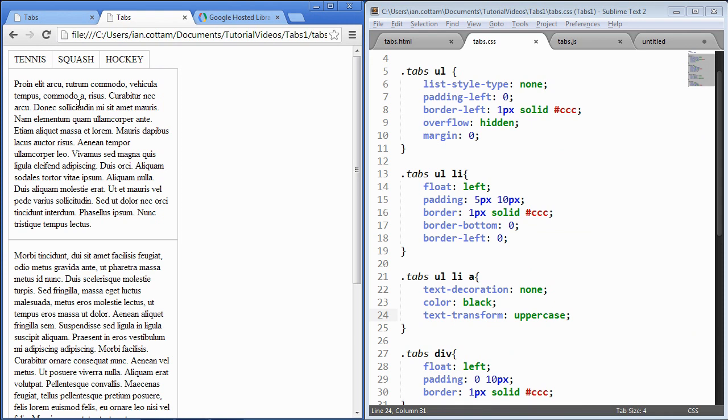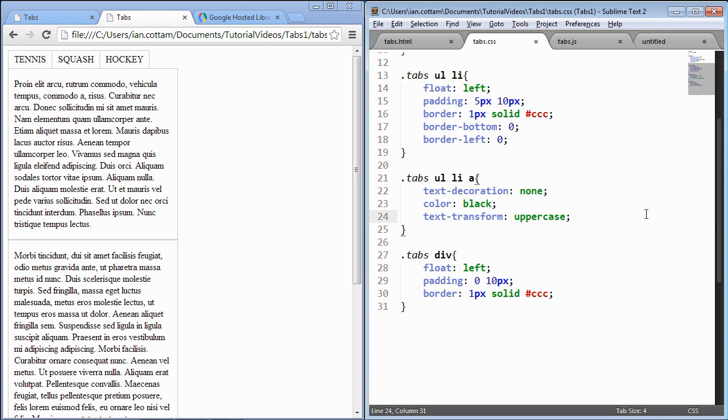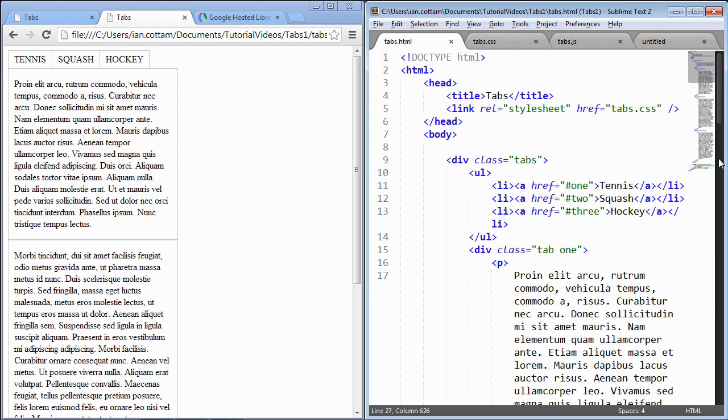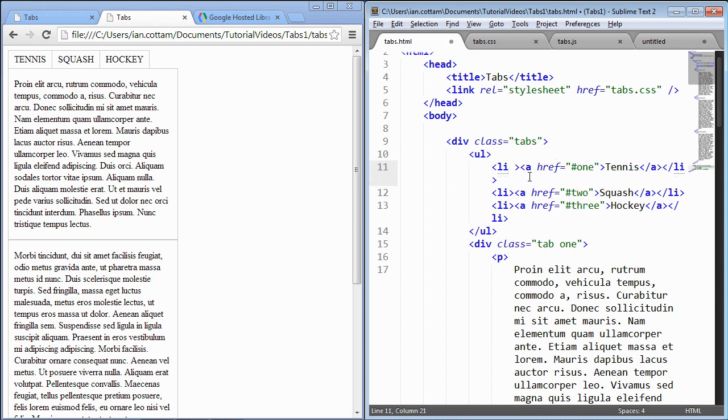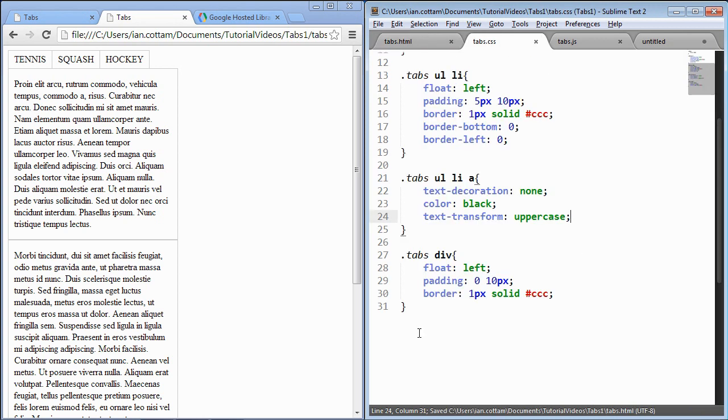And the final thing we want to do for the styling is apply some stylings for the default setting of the tabs. So let's by default have tennis selected and show the tennis content. So I'm going to go back to my HTML, and I'm going to give a selected class to the tennis list item. So if I give it class equals selected, like that, and then I want to target that and give it